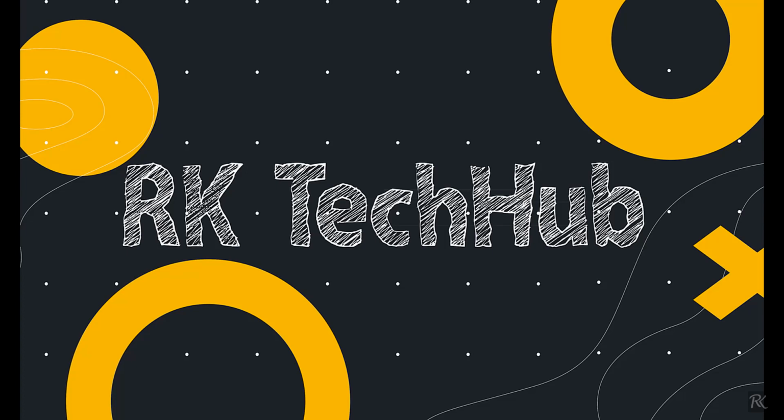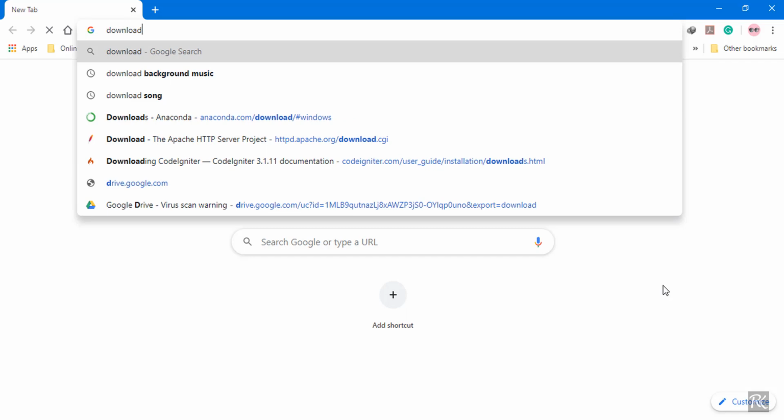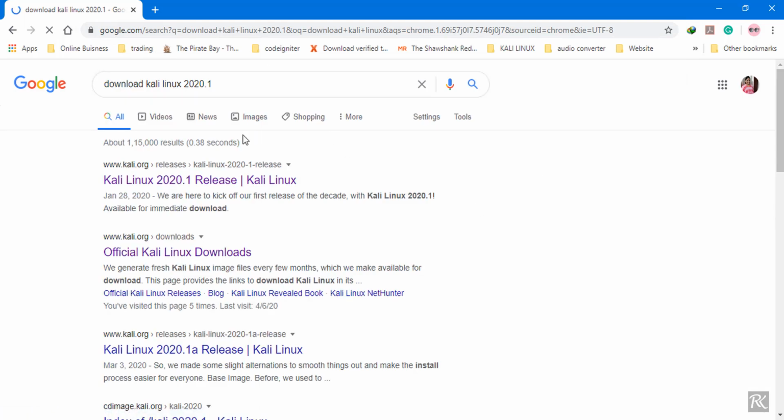Hello everyone. In this video, we will see how to dual boot your Kali Linux with your current operating system. For that, first you have to download the .iso file of whichever version you want of your Kali Linux. So we will start with the process of downloading, and you can get this ISO image on the official Kali Linux page. So just search for the version you want of Kali Linux and select the link of the official page,